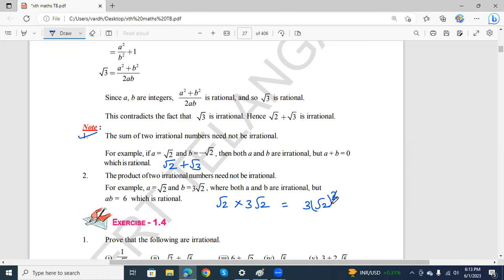Square and root get cancelled, or 2 2s are 4, 3 root 4 you can take. Root 4 value is 2, again 3 2s are 6. So a into b value is 6. 6 is nothing but a rational. Okay. Suppose if you take